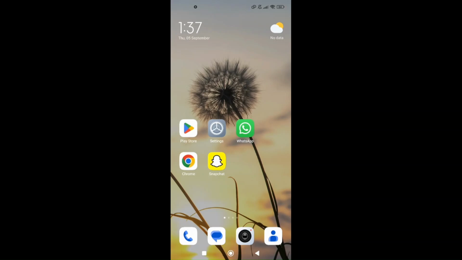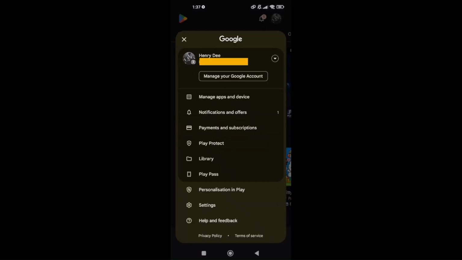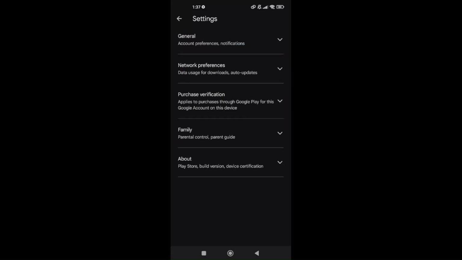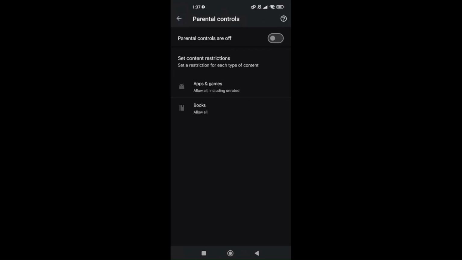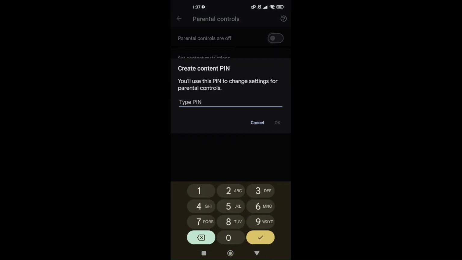How to remove Google parental control. First things first is tap on your Play Store, go to your account, scroll down, go to settings, and then head over to family and click parental controls. Now, if your parental control is currently on, if you turn it off, you are required to enter your content